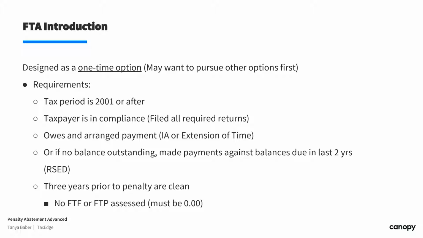And now, because we know it's a one-time in the lifetime of the taxpayer option, we have to pay attention to the fact that maybe this person already got a first-time abatement sometime in their lifetime. So that's a little harder to check for if you're not looking through each of the different years and looking at transcripts. But that's something we have to at least have on our radar,